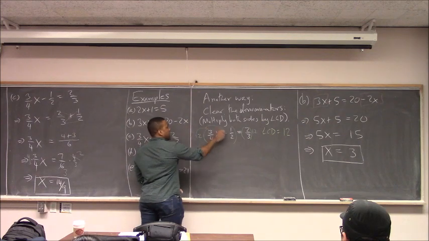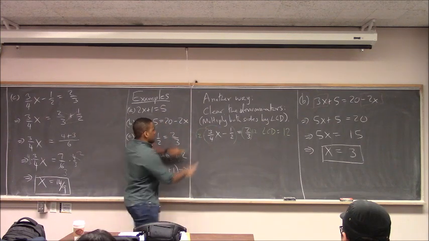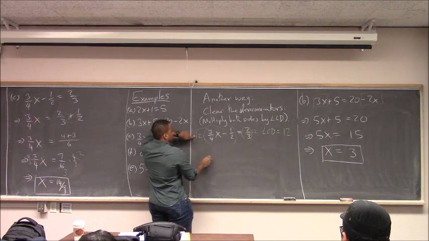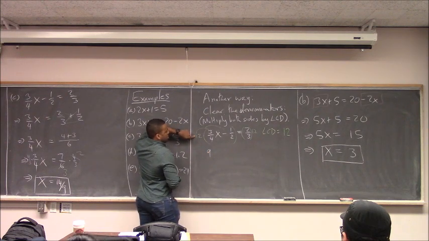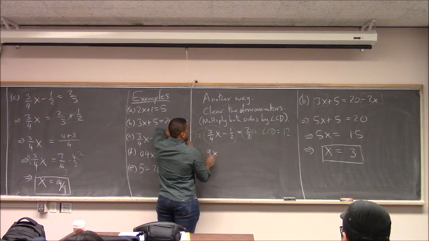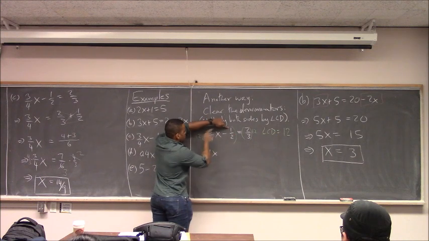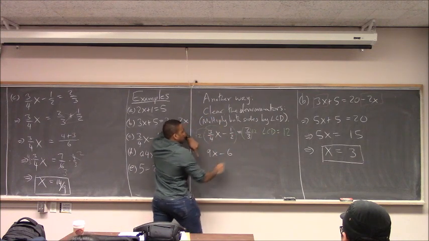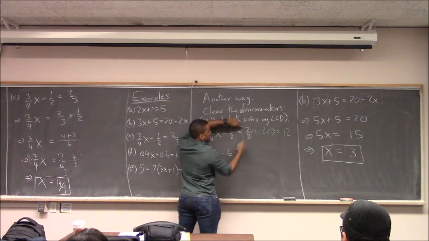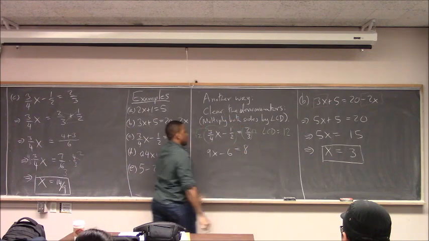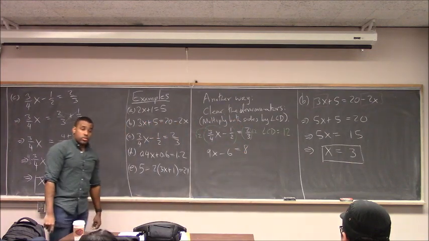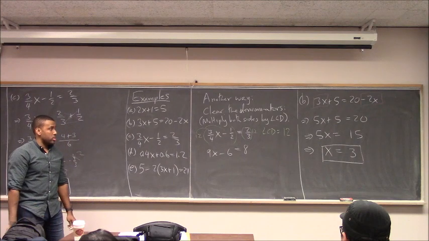Distributive law would take effect here, and what would happen is the 4 would cancel into the 12, and I would be left with 3 times 3, which is 9x. 12 times 1/2, the 2 would cancel, I would get 6. This 3 cancels into that 4, I get 8. And so now I have an equation without fractions in it, just by multiplying through by the LCD,